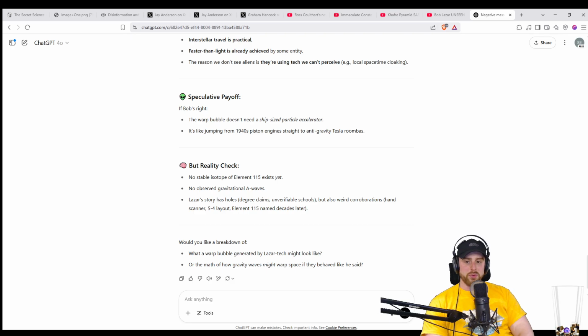No observed gravitational waves. And that's the other part about this. It might not be completely correct. He has holes. Yeah, we know this. But also weird corroborations: hand scanner, S4 layout, element 115 named decades later. Although we've kind of gone over that, it isn't necessarily too weird, but